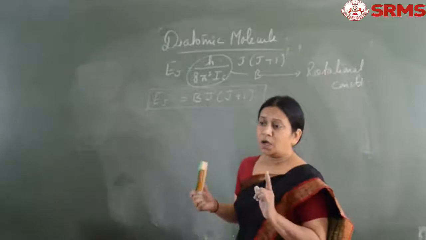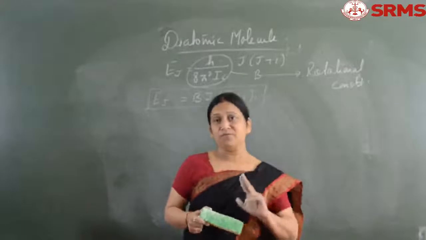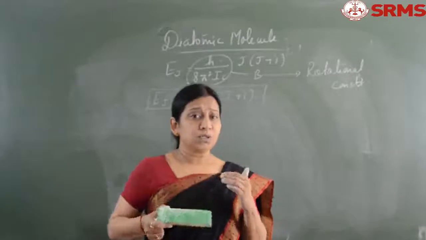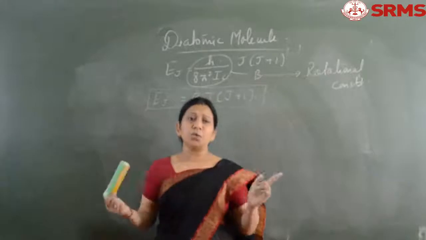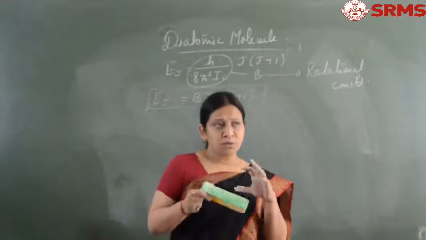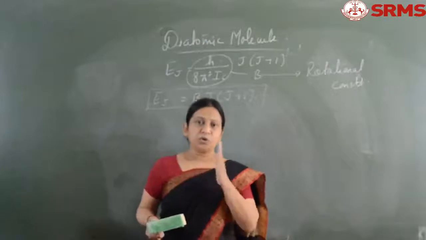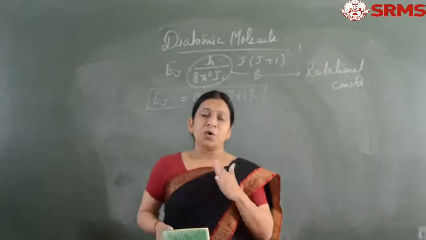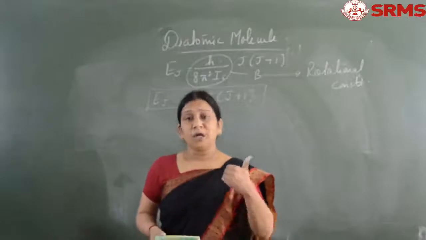We have taken one molecule where the two atoms are M1 and M2. The distance between the two atoms, or internuclear distance or bond length, was taken as r. Then we had a center of gravity, which is Cg, and the distance of the two atoms from the center of gravity was r1 and r2. Then the moments of the two atoms were equal around the center of gravity, so we took the equation M1 r1 is equal to M2 r2. Then r1 plus r2 was equal to r. Then we calculated the value of r1 and the value of r2.